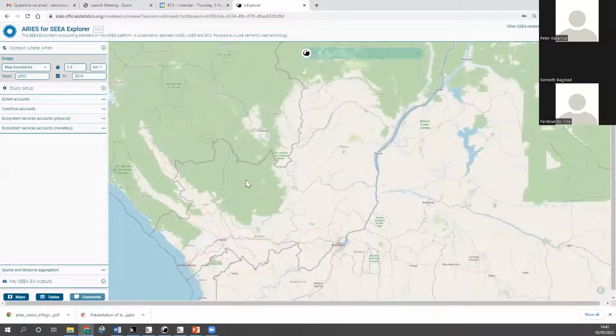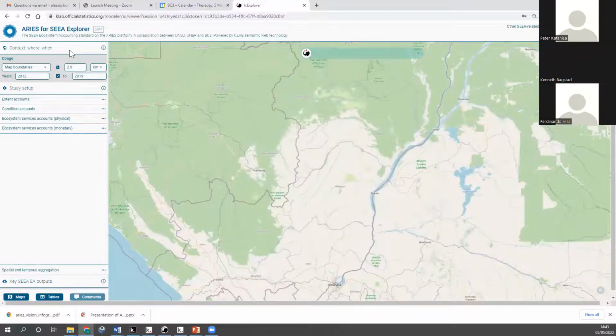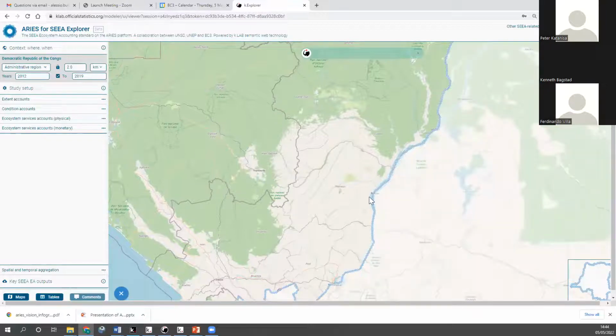First of all, for spatial explicit analysis, we need to identify three main dimensions. The first one is the geographic boundaries of your analysis. This can be done with the map boundaries, which will take into account all the area that is shown on your screen. Otherwise, you can also pick an administrative region, which is going to identify the biggest administrative entity in